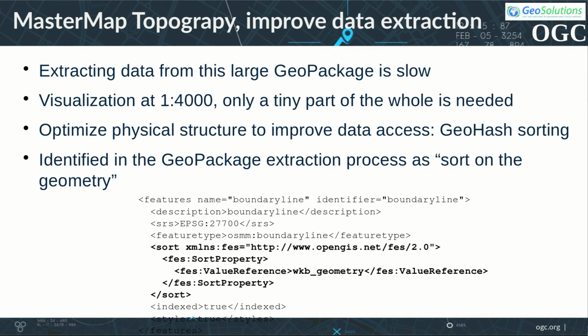Despite this size reduction, the package is still very large. When drawing maps at 1 to 4000, the client is required to quickly locate a small amount of records out of the 500 million contained in the package. Following the PostGIS lead, we experimented with sorting records by geohash on insertion, trying to achieve a better physical file